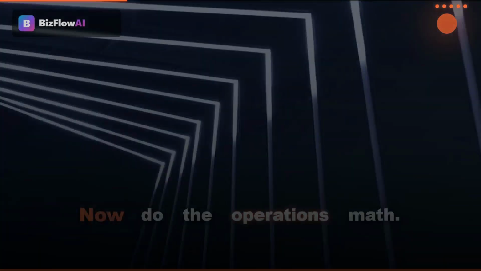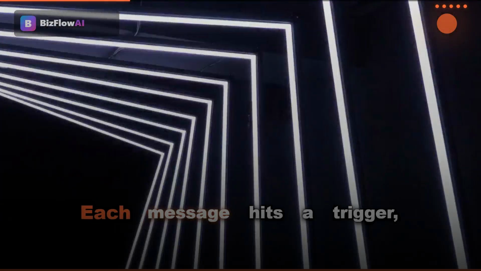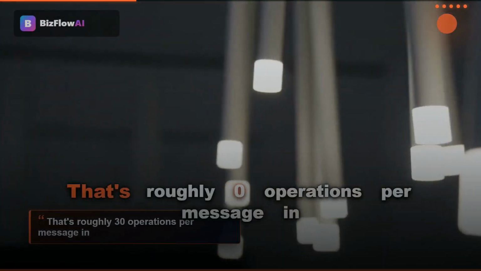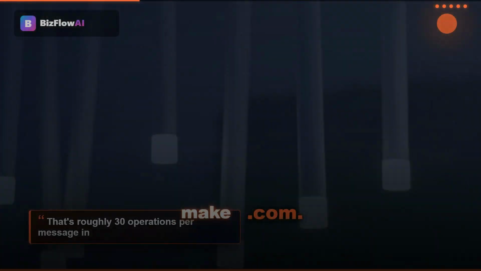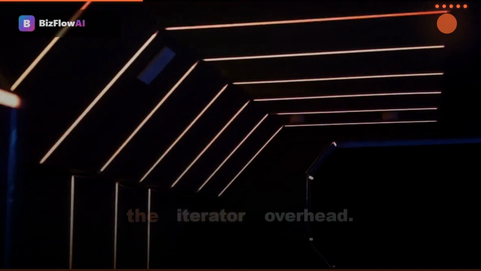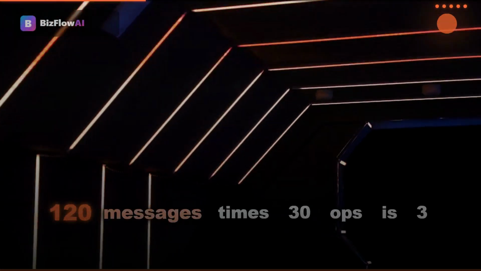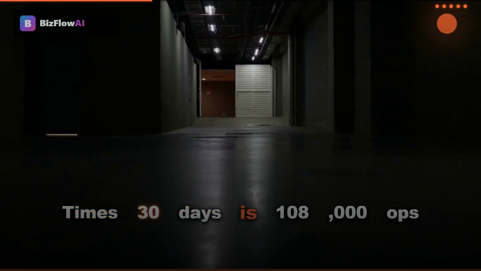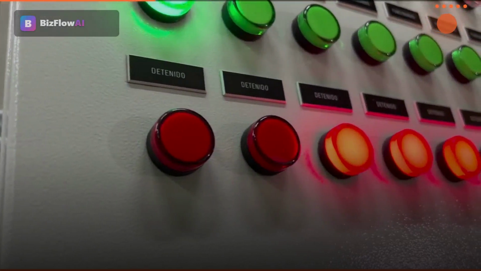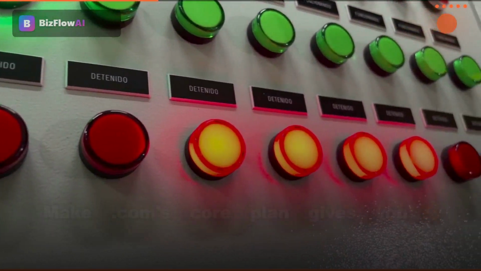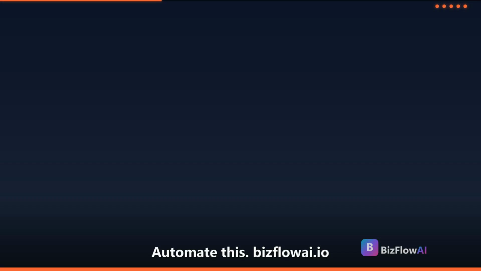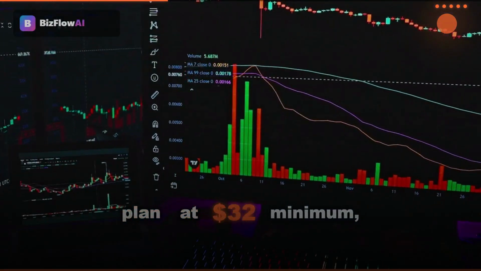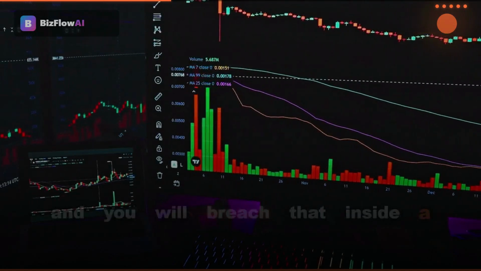That sounds small. Now do the operations math. Each message hits a trigger, a classifier, a router, a formatter, and a destination. That's roughly 30 operations per message in Make.com, once you count the error handlers and the iterator overhead. 120 messages times 30 ops is 3,600 ops a day. Times 30 days is 108,000 ops a month. Make.com's core plan gives you 10,000 ops a month. You are immediately on the team's plan at $34 minimum, and you will breach that inside a quarter as volume